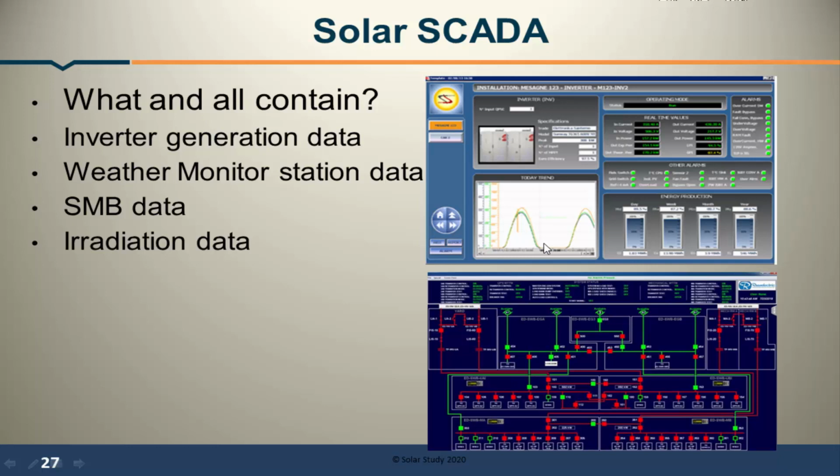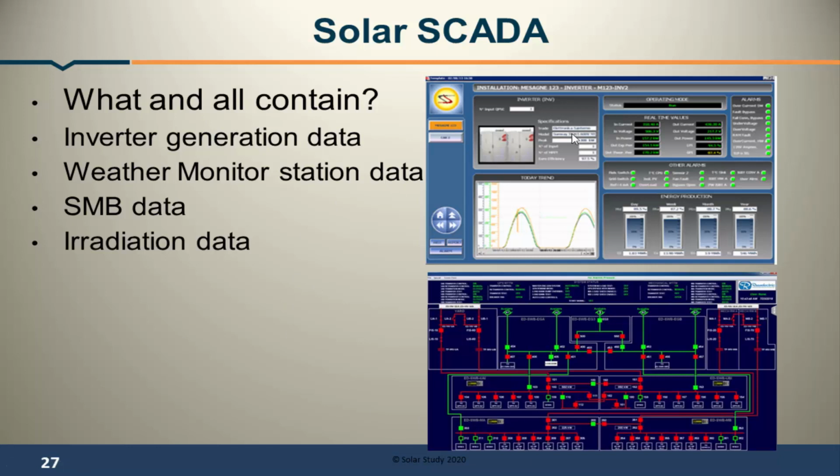There are so many companies producing data acquisition systems, and some have inbuilt waveform features. After the data acquisition has stopped, it will automatically generate the curves. Some data acquisition systems do not have these features. They can only do the acquisition and store it in the form of CSV or Excel. Different companies have different SCADA systems. So this is the typical SCADA system.